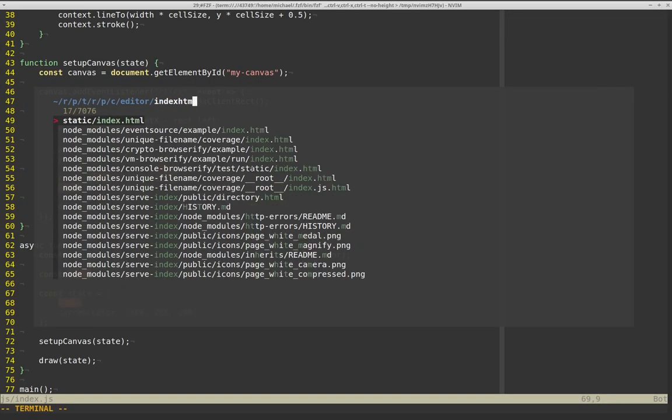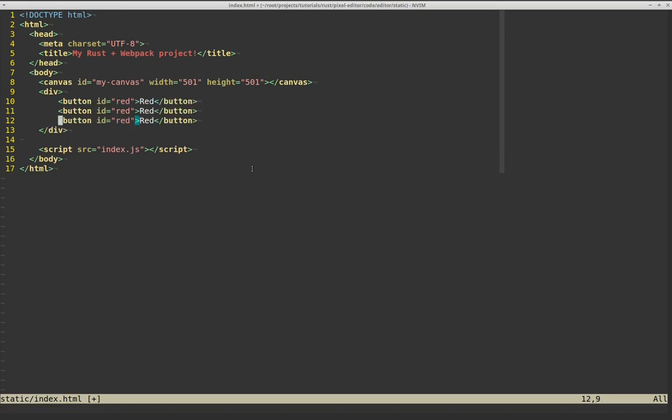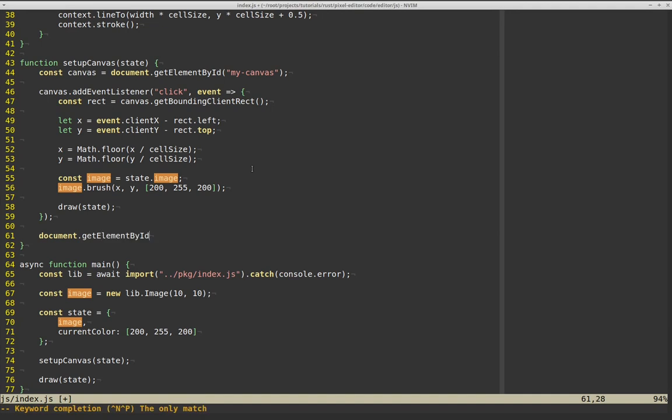And we can load up the HTML and think about adding some buttons that allow us to change the color of our paintbrush, essentially. So we've got some button with an ID, and we're going to make 3 of these to give us a very simple palette to work with. And when we come back, we can add more things in here. So if we do document.getElementById, and we're going to look for the red one first, and then we're going to add an event listener